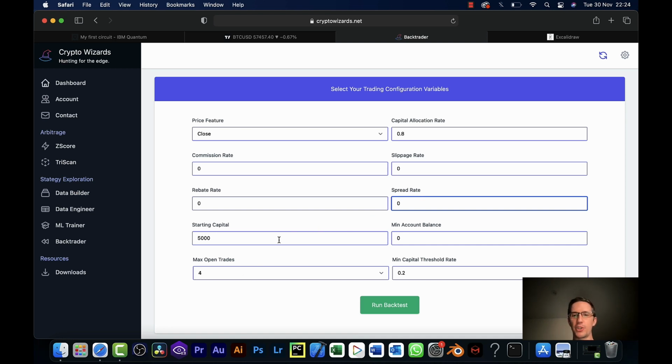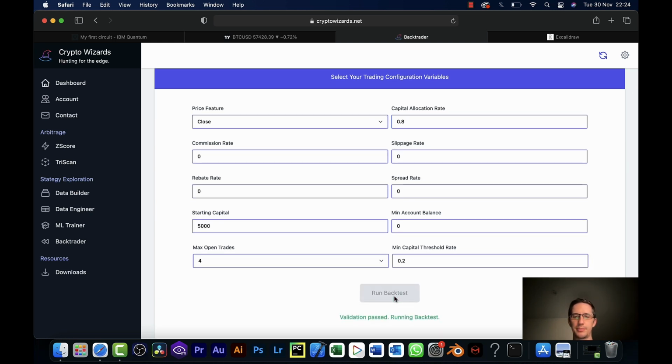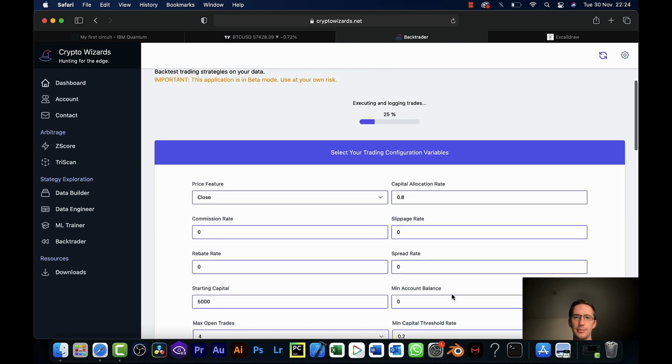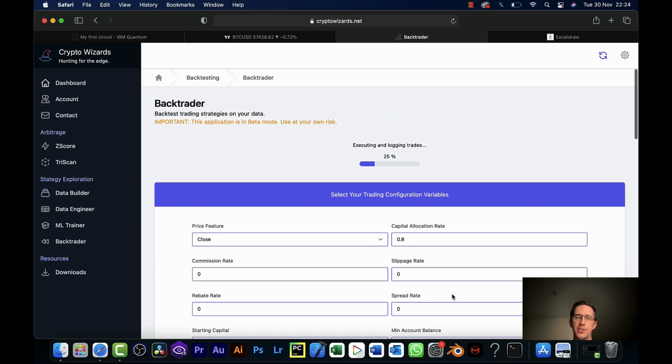I'm going to allow up to 4 trades and allocate 80% of my capital per each trade. And if we get lower than 20% of my capital, I will stop trading. So that's what I'm going to do. Let's run the backtest. Okay, so I'm going to scroll up, and what I would expect is once it's gone through every row of data, I would expect it to return some results, including a PDF report that I can go and analyze to see how was it successful, was it successful, and why was it successful? And is this something that I would rely on to actually trade with in terms of this specific algorithm?